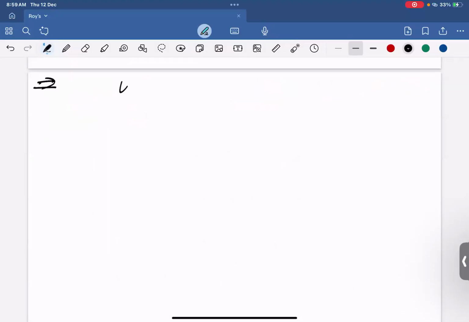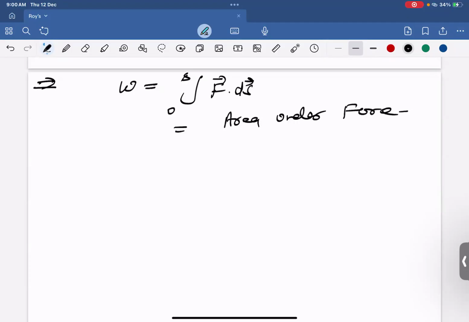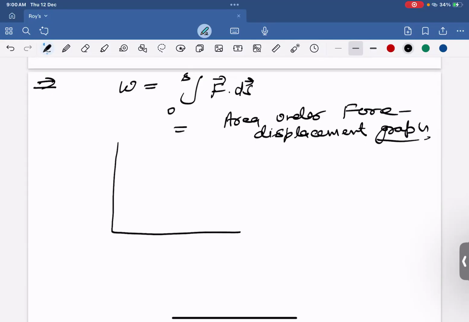Now, as I said that work done is also equal to integration of force with respect to displacement. And we know that integration also has the geometrical meaning of area. So you can also say it is area under the graph, area under the force displacement graph. That is another method to find the area. So if you have a force and displacement graph,